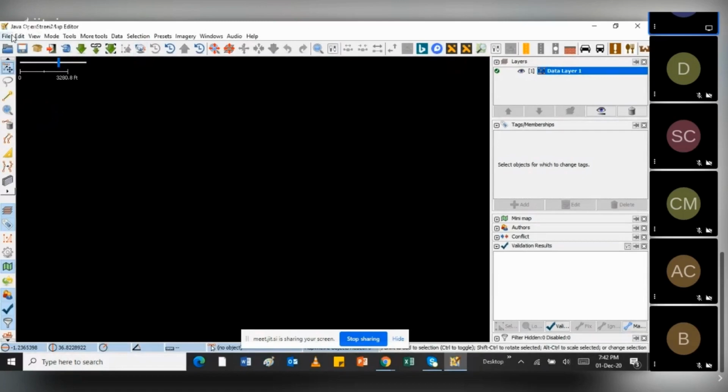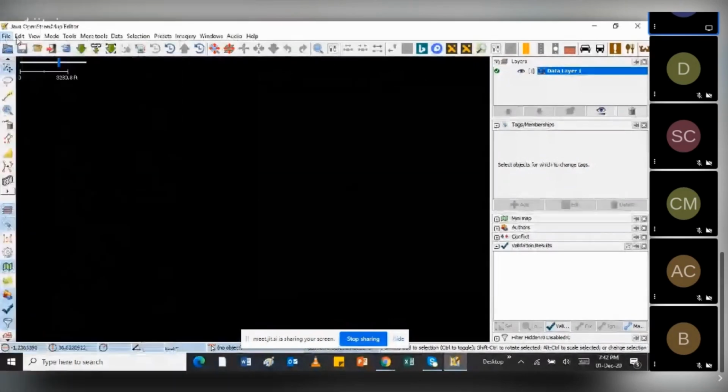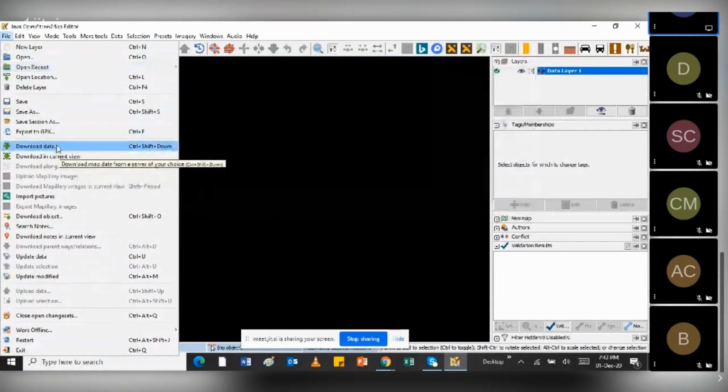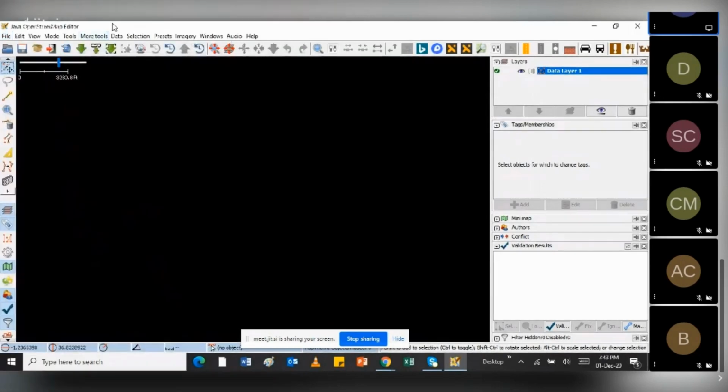If you want to download data, there's the File menu, and there we have Download. There are all these tools that I can use to either download data or save the work that I'm working on. But I can also create a shortcut.